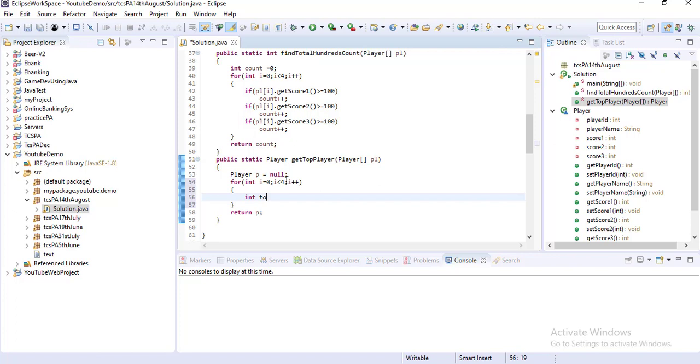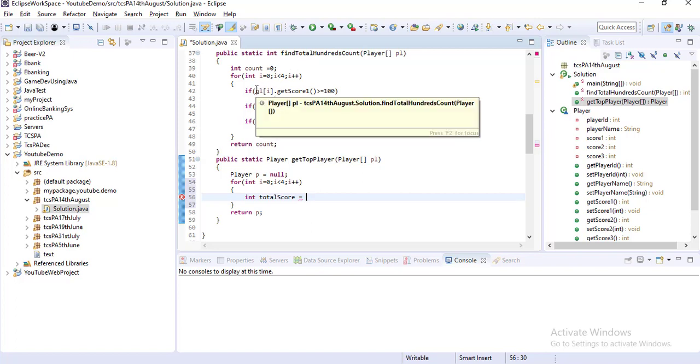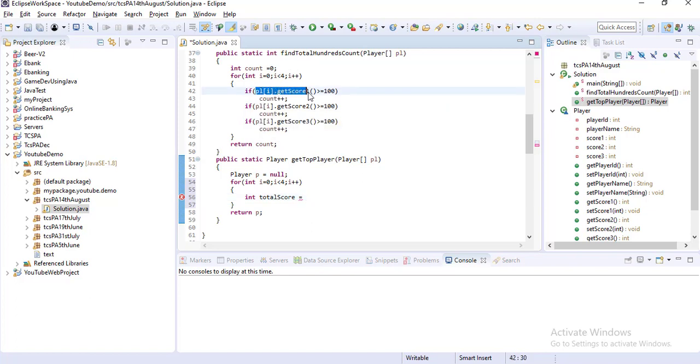So int totalScore equal to what would be the total score: pl[i].getScore1() plus score 2 plus score 3.